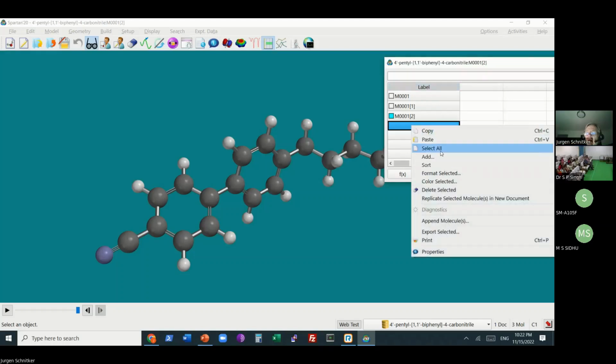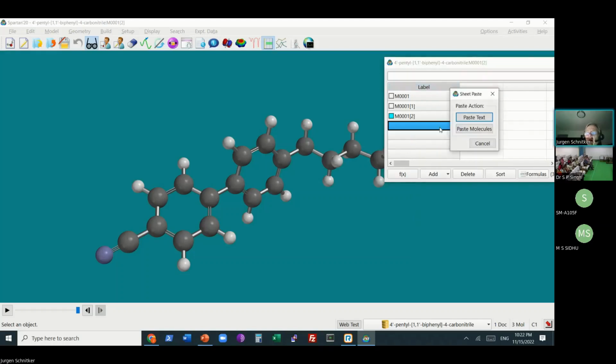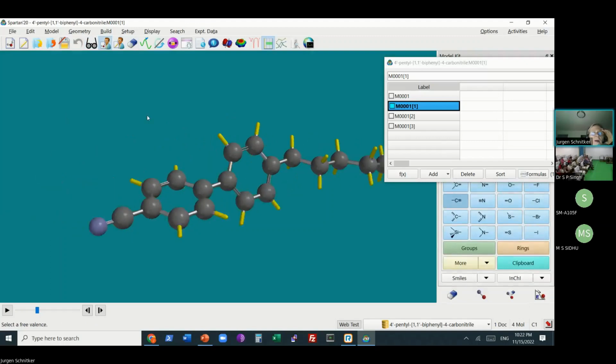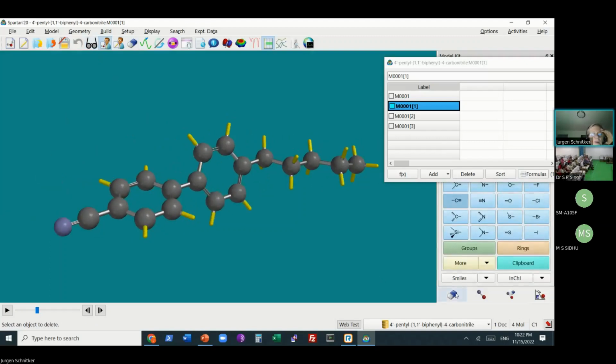Let's do 4, paste. Okay, paste molecule. Now I choose this one here and we'll modify it. So let's say rather than a cyano group here, I will put a hydroxyl group, just something arbitrary. So I will go to edit and I will chop off this and put an OH on there.